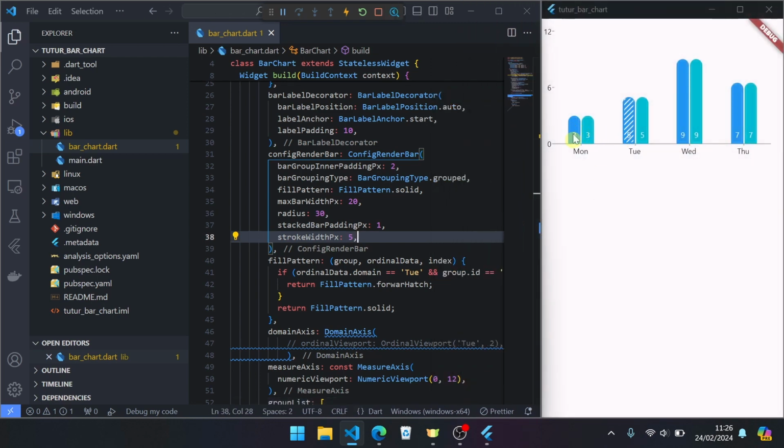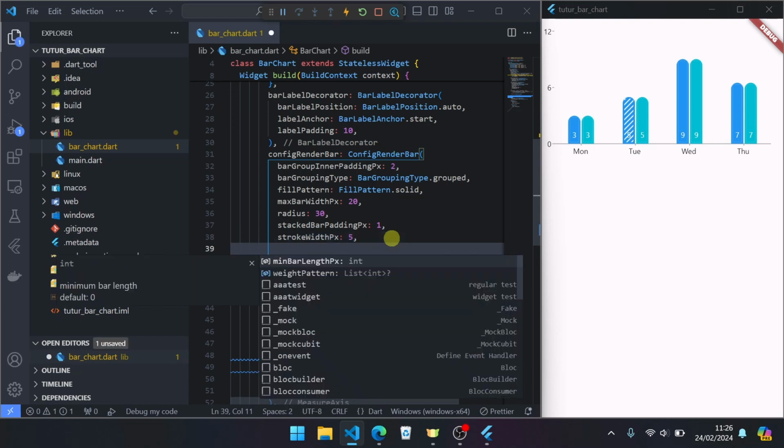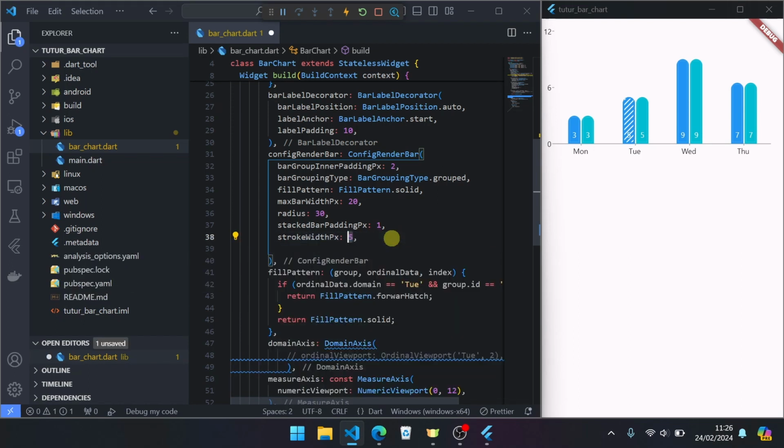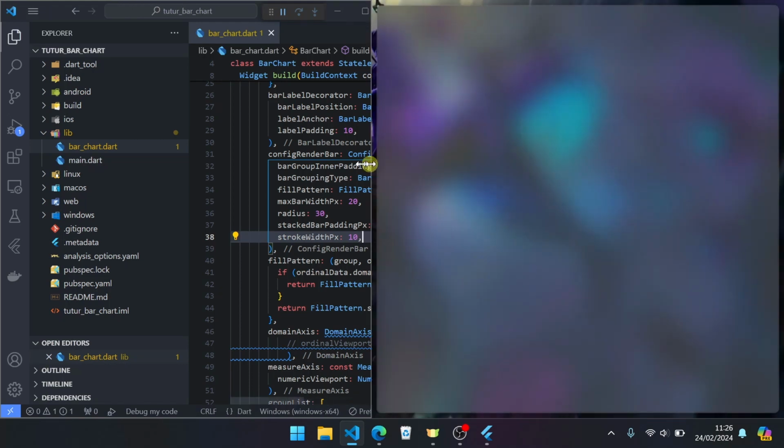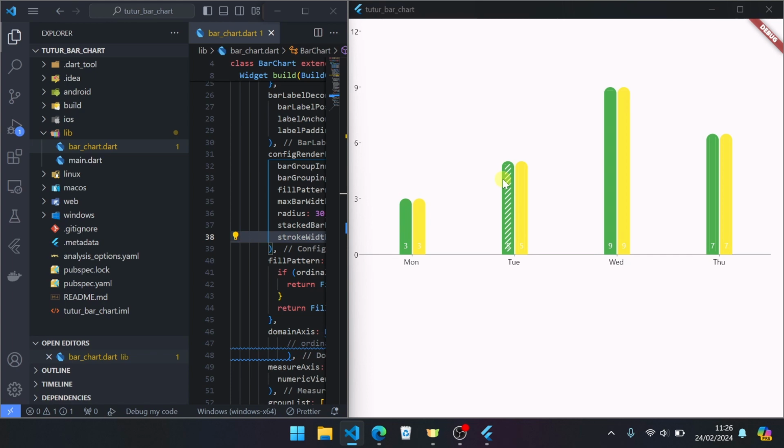If you set more height or more length or stroke width, the difference you can see with type fill pattern forward edge, you can see here, that is border or stroke width.